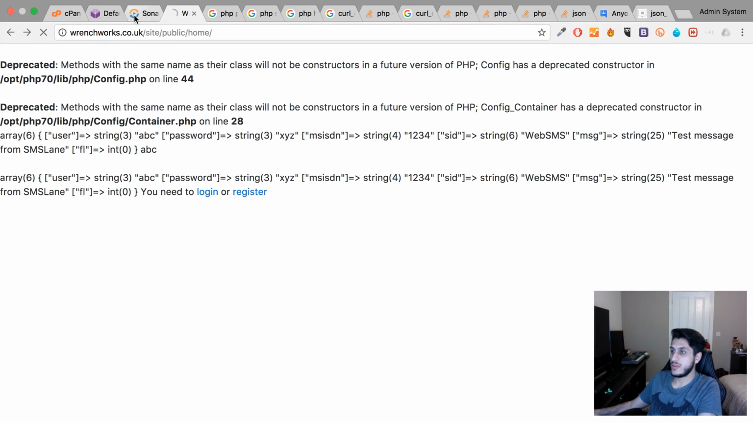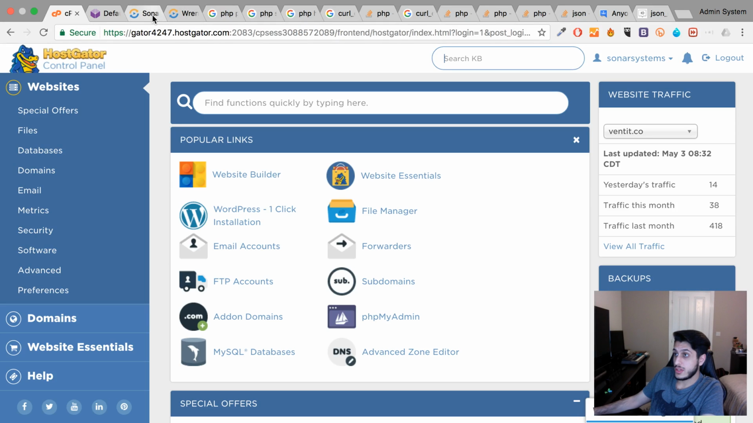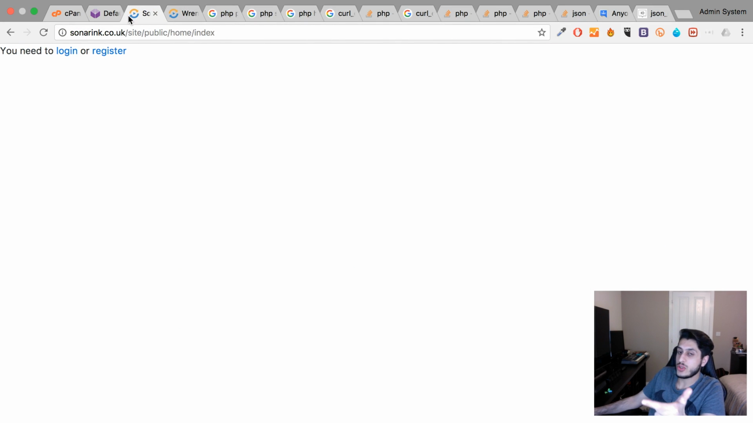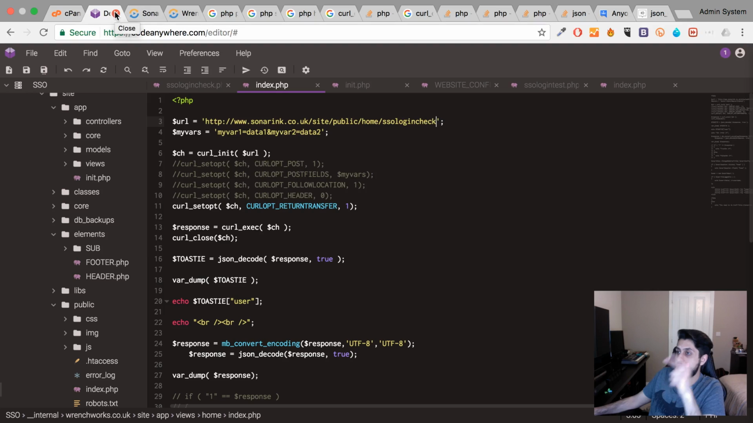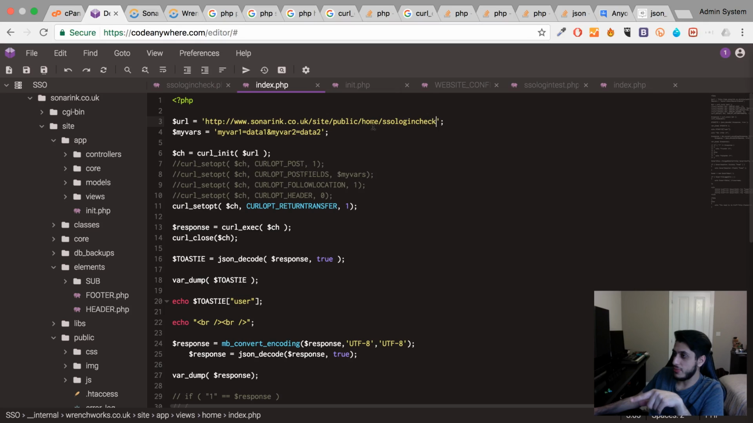Bit of a Hail Mary, but I'm going to try this. Instead of going to site public, let's just navigate directly to the location. So in here, instead of going to site, public, we go to site, app, views,